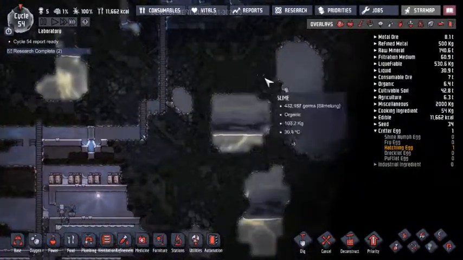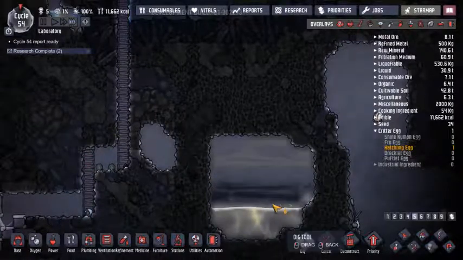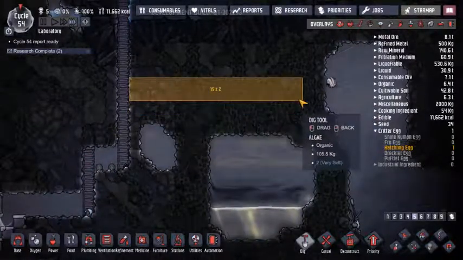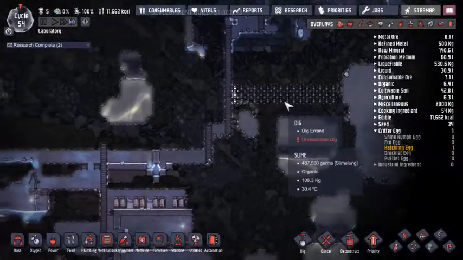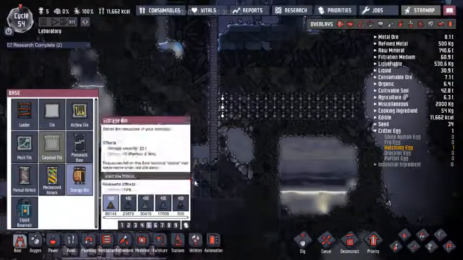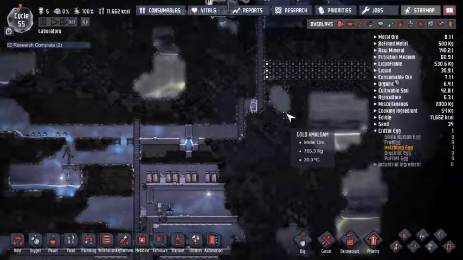So let's see, do we want to open up this area and use it for generation of things? I like that idea. 3 tall. Sure, why not? And then let's build a storage bin here, which